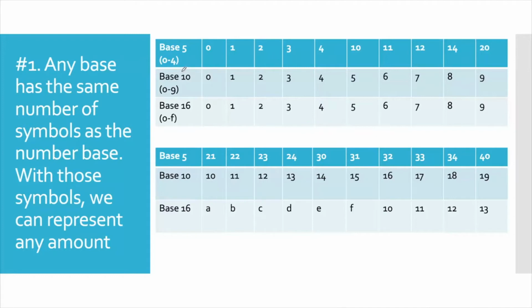In base 10, the middle column of both of these charts, we have 10 symbols to use, and they are the symbols 0 through 9. Once we reach the symbol, or the value of 9, we run out of new symbols to use, so we have to start reusing what we have available.